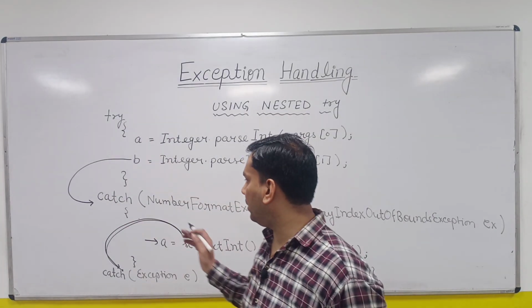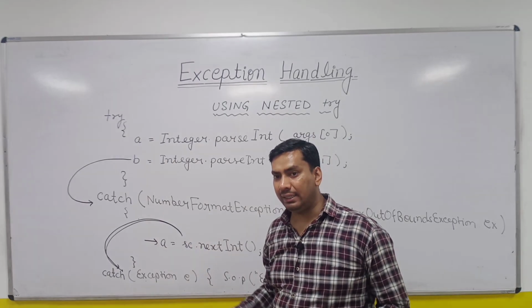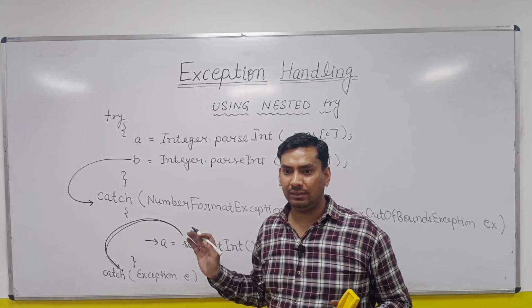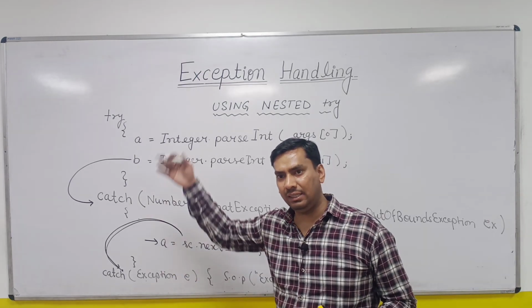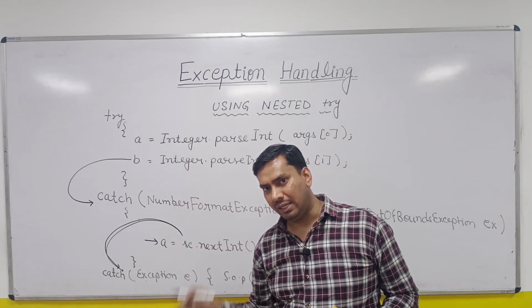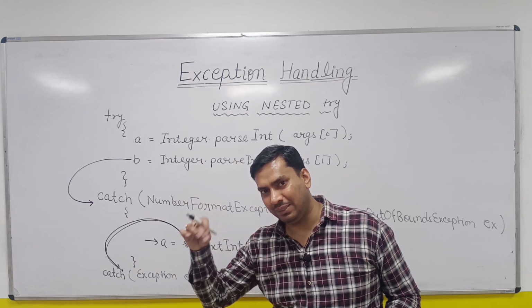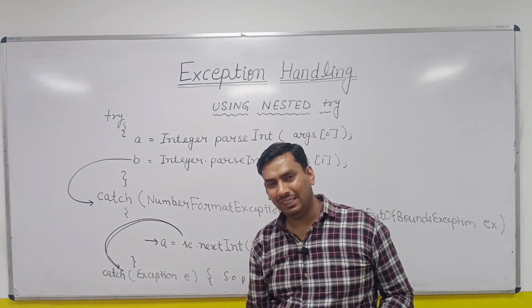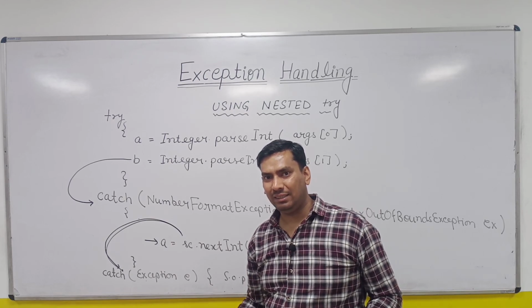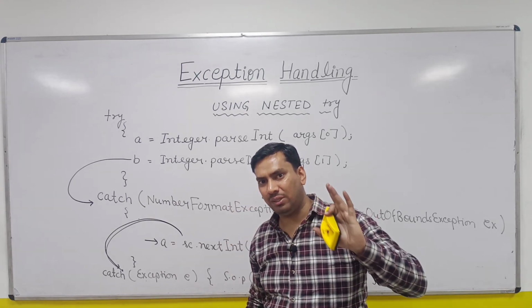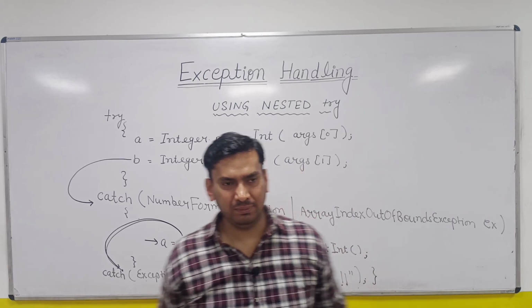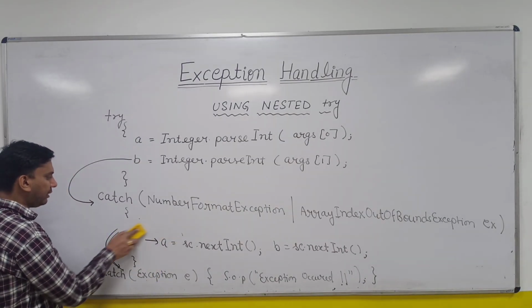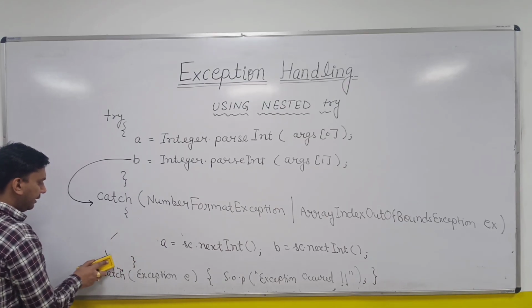But if there is a finally, it will definitely execute the finally over there. So this is the important point about try catch, and that's why we need the nested try. Otherwise we could have written n number of catch blocks, and if the exception occurred in the first one, it would be handled by the second, and if the second has a problem, it would go to the third. It's not like that, right? Any one catch block can be executed at a time, right? So this is the scenario where we need the concept of the nested try block.